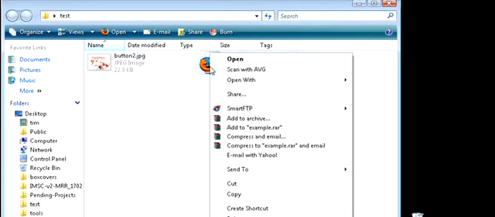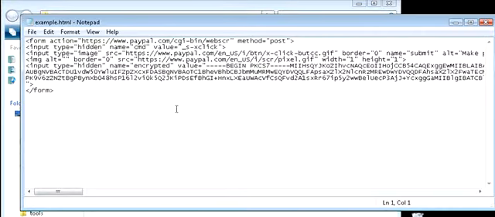Now all you have to do, very simply, is you can open it with Notepad to change it. And all you have to do is go where it says image alt equals 0, border equals 0, source equals, and make sure at the end of it, don't change this one that says pixel.gif or your button won't work. Make sure you change the one that says something about button on it, which is this line here. So remove all of this, or highlight it all. So right after it says image source equals, inside the quotes, highlight that and just put the name of your button in there. In our case, it was button2.jpg,